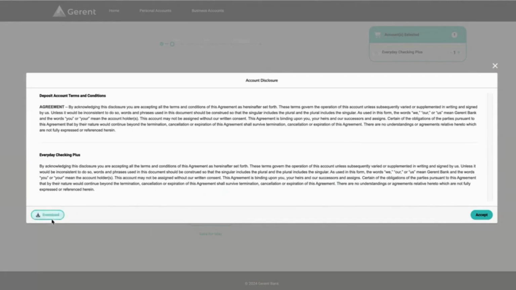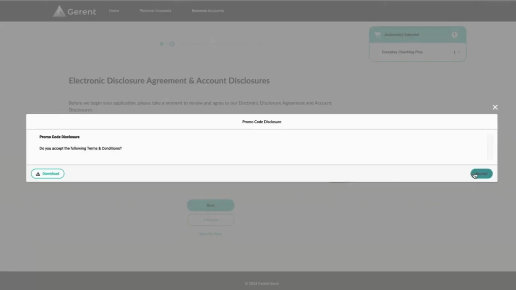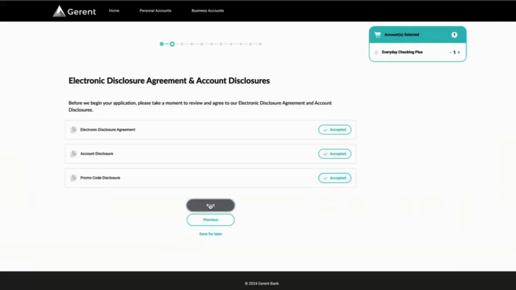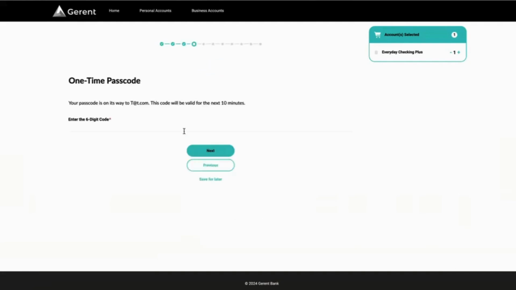And you can see over here too, if they want to download it, they have that option to download it if they want to hold it for later on. And my promotion code, and now I'm going to move on. Now here we're going to hit that one-time passcode, so I'm just going to move next. Let me put my code in